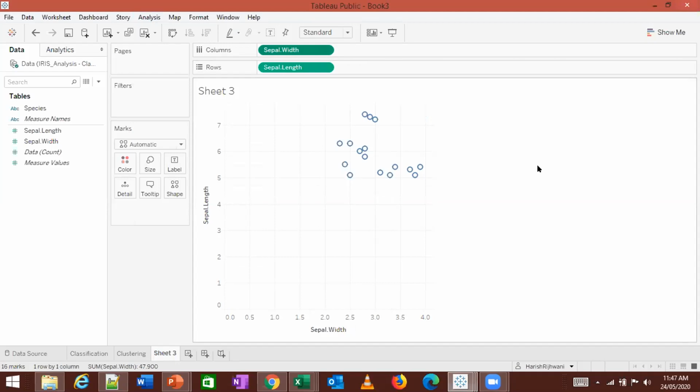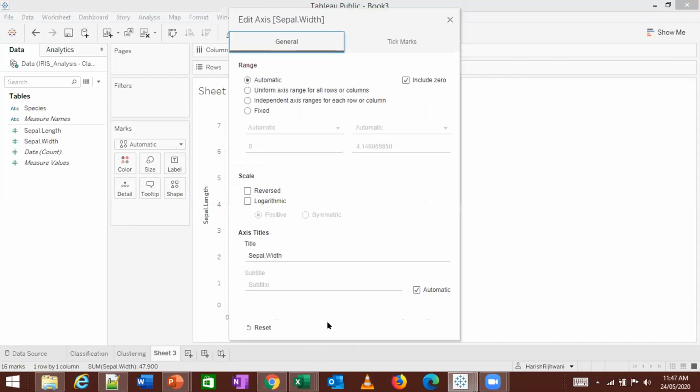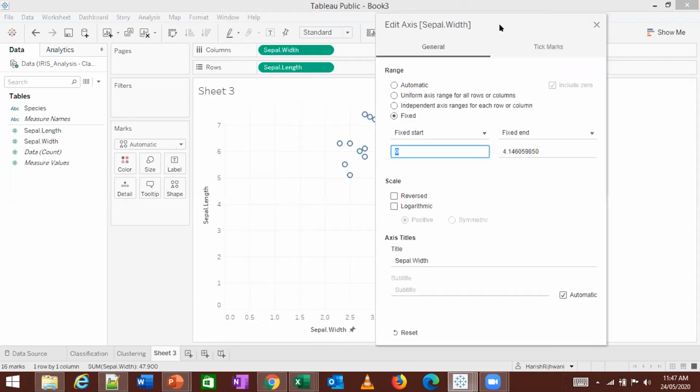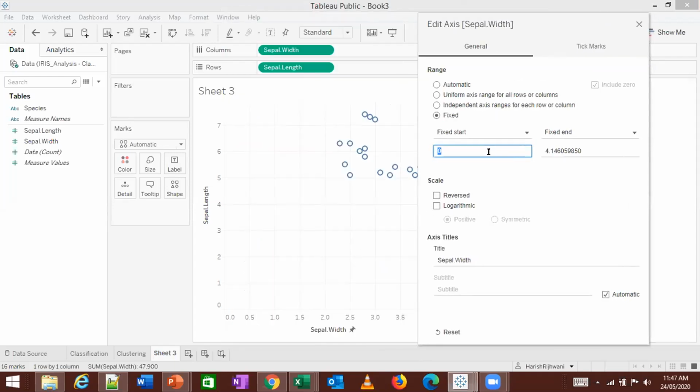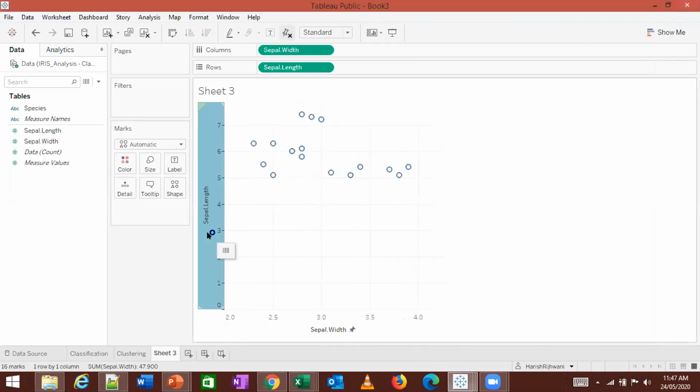Any questions, guys, till now? So the last question, like how did you do scaling of the x-axis and y-axis? Yes, double click on this. Double click on the axis. You'll see a pop-up coming up. In that, click on fixed, and you can choose the way you want it. Right? I want it to start from 2. Right, start from 2. This I wanted to start from 4.